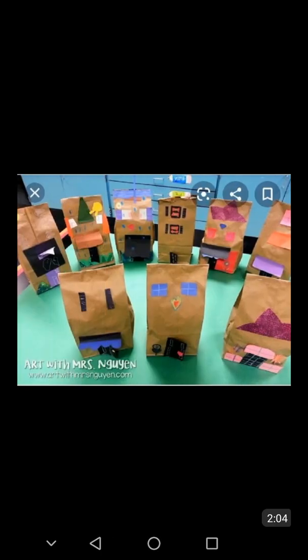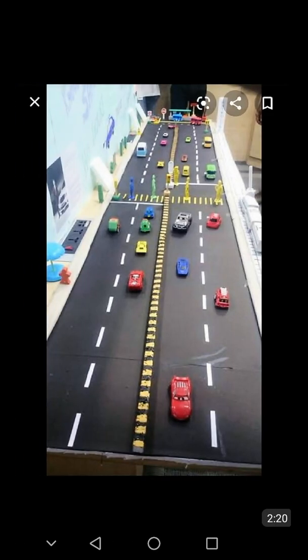firstly make different buildings by using paper bags, okay, like this, and fix these buildings on the chart. And by using black chart, students, you make roads like this, and you also fix the toy cars, toy vehicles on this black chart. Okay,